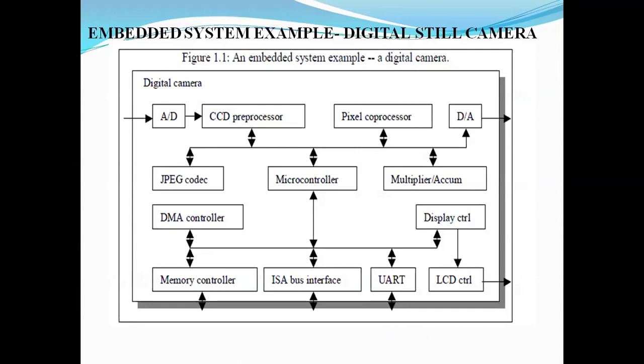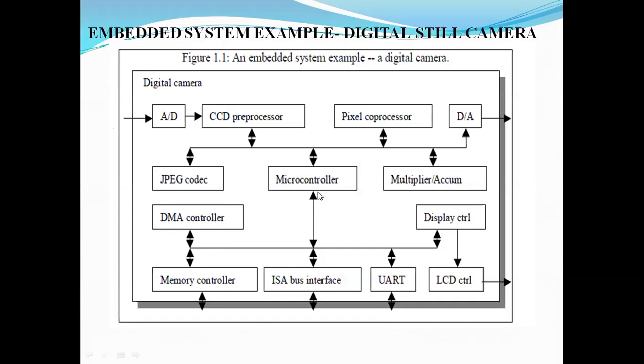So a digital still camera is an embedded system. In unit 1, they have explained the basic functionalities of a digital still camera. In a digital still camera, first the analog image signal will be converted into a digital signal. In this block diagram, we have the charge coupled device, preprocessor, pixel coprocessors, digital to analog converters,